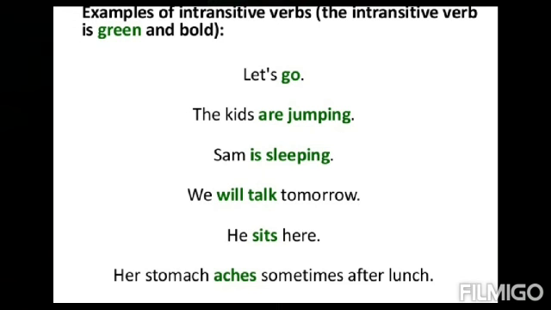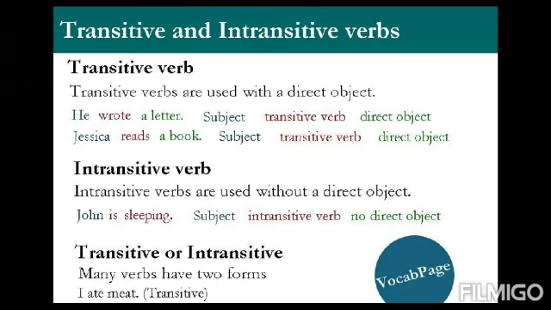Okay? Let's recap. To find out the transitive verb, we simply have to ask the question what or whom. If we get the answer to them, that means the verb has an object and that is a transitive verb. Whereas in the case of an intransitive verb, just remember one thing. Their verbs do not require any object. They are independent verbs. So in the end, students, I hope today transitive and intransitive verbs are thoroughly clear